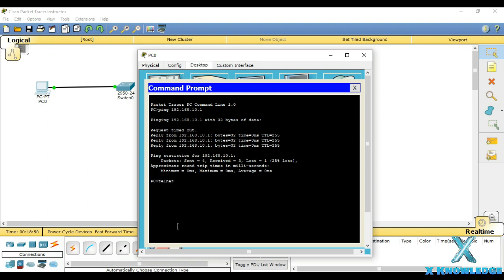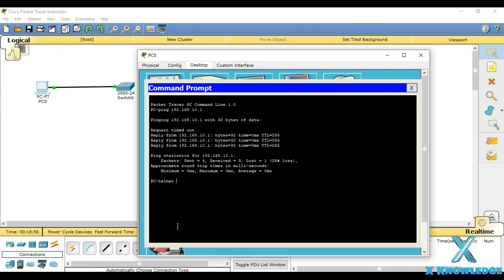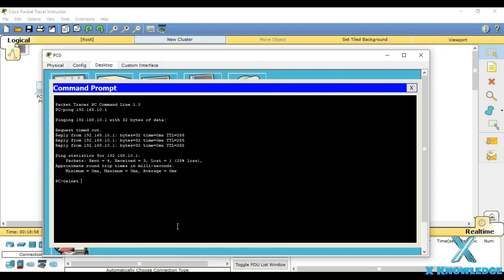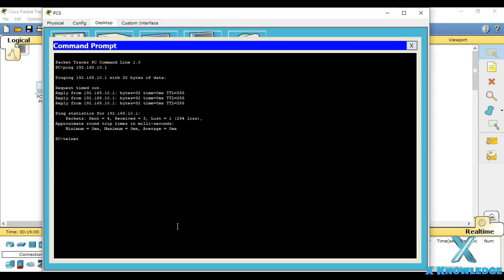So telnet. I'm just zooming it a little bit. Okay, now it's good. So I will be doing the telnet, giving the management IP address of that switch, 192.168.10.1.